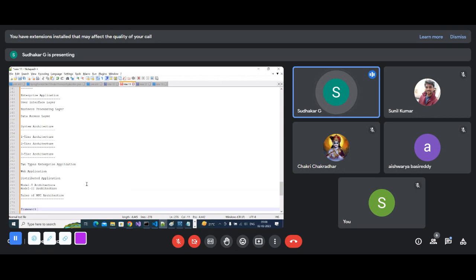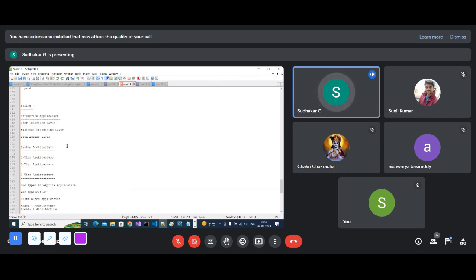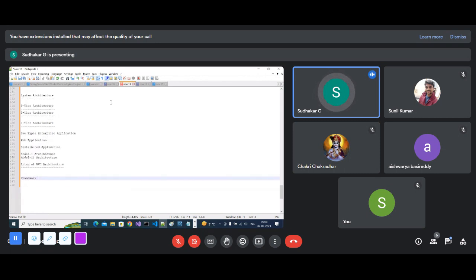So up to now we have introduced some terminologies, what the architecture designs are, what a web application and a distributed application are, and what the MVC architecture principles are. Finally, what is a framework? If you want to use third-party organizations' providing, for example, if you use third-party